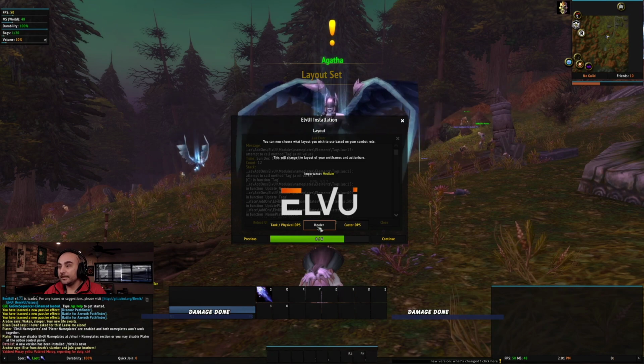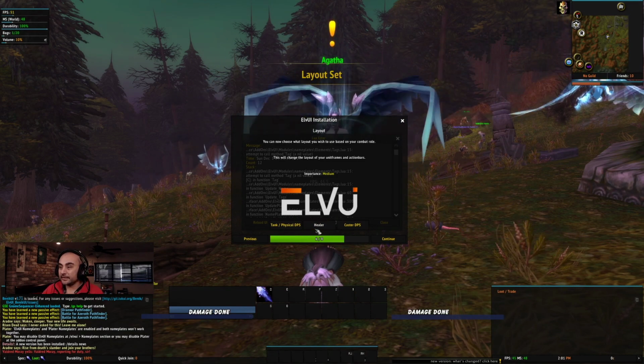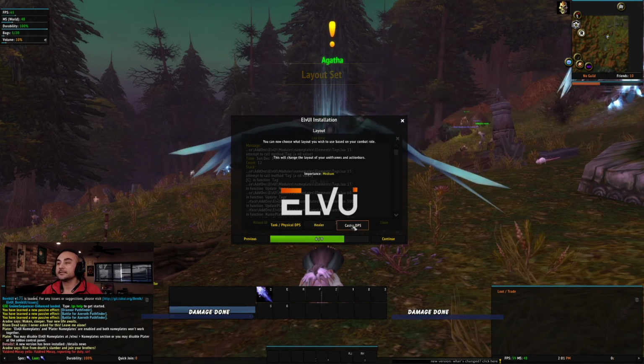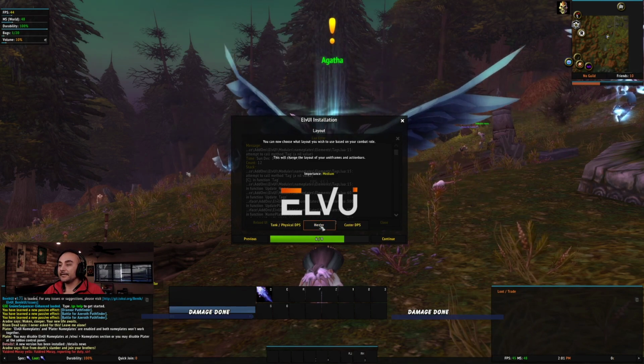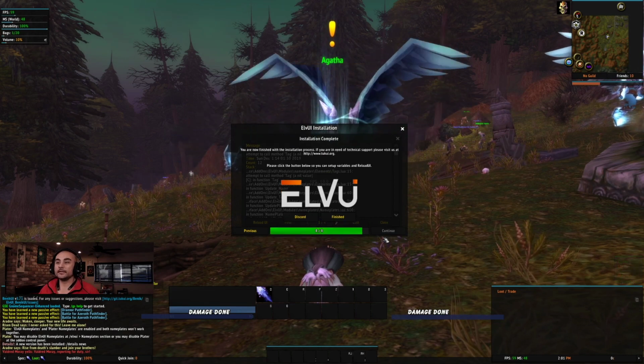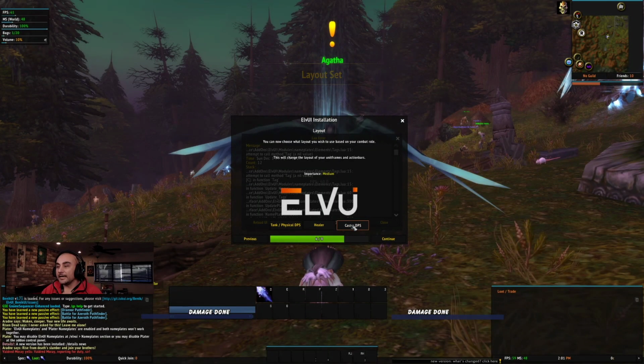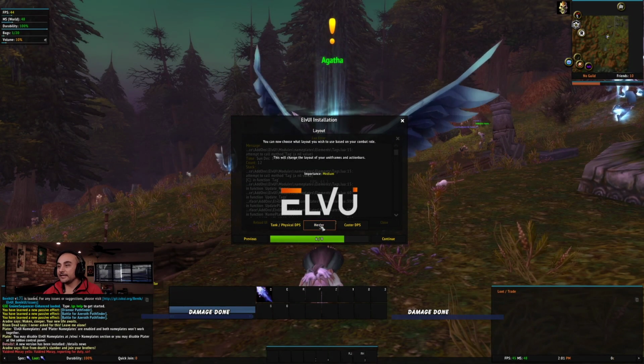Then, as your layout, you can choose tank, physical DPS, healer, or caster DPS. It doesn't make that much of a difference. It just kind of changes it a little bit. Let's go back real quick. Right here,